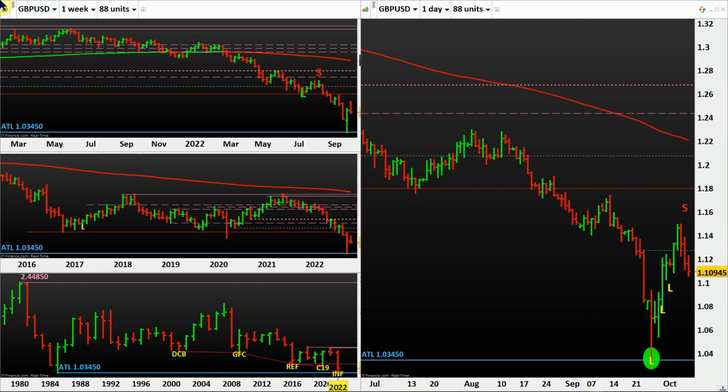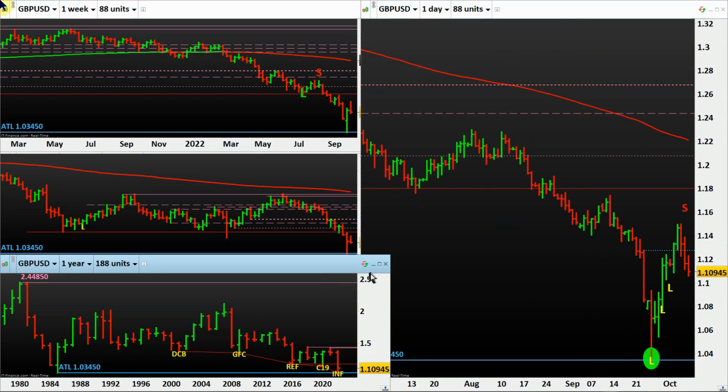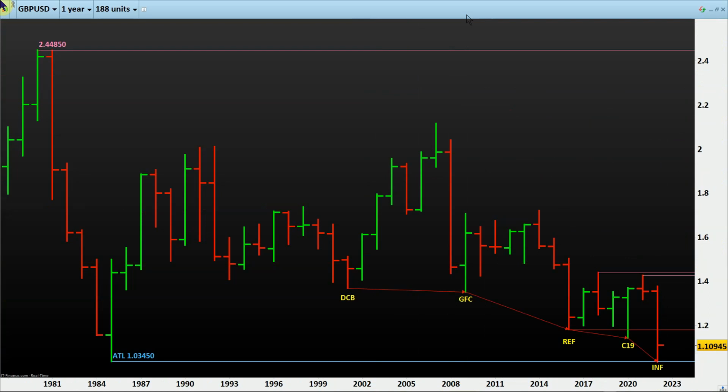Sir, in GBP yearly, are we able to make a Fibonacci here? Very good question. Girija is asking, can we do a Fibonacci here? Before we draw a Fibonacci, we need to ask two questions. Those two questions are: why is Fibonacci valid here, or is Fibonacci required here? And the second question is, what am I expecting out of this Fibonacci? Yeah, these two things.